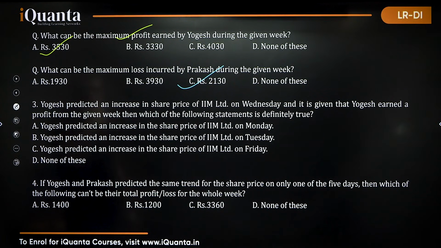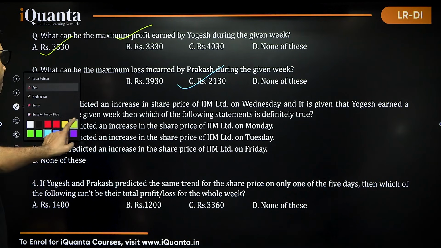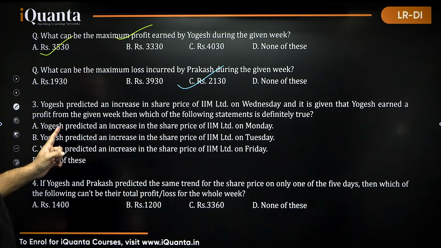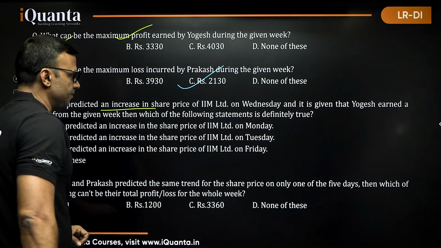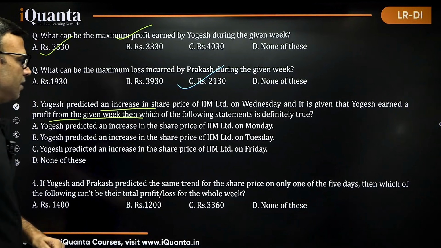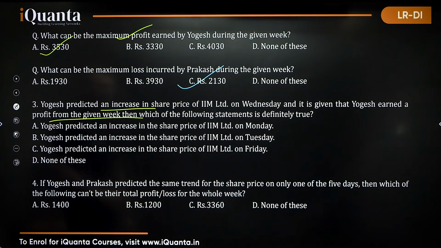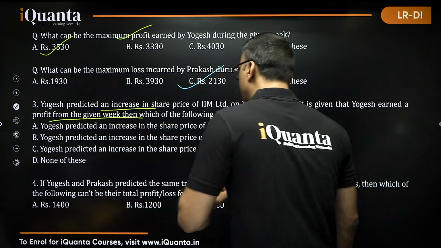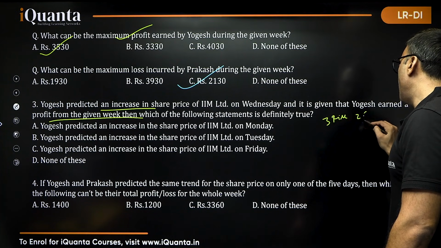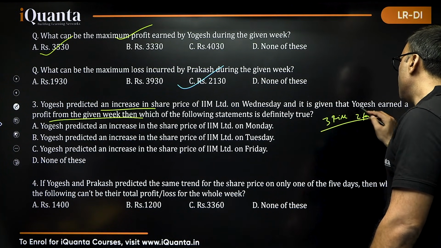Now, third question. Yogesh predicted an increase in share price of IM Limited on Wednesday, and it is given that Yogesh earned a profit from the given week. So he has predicted increase on Wednesday and he has got a profit from the week. Then which of the following statements is definitely true? Now remember, Yogesh had predicted 3 rise and 2 fall. The real situation is